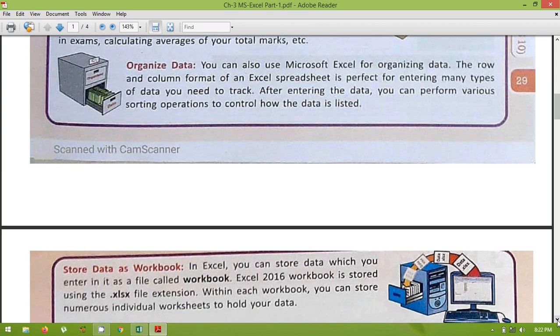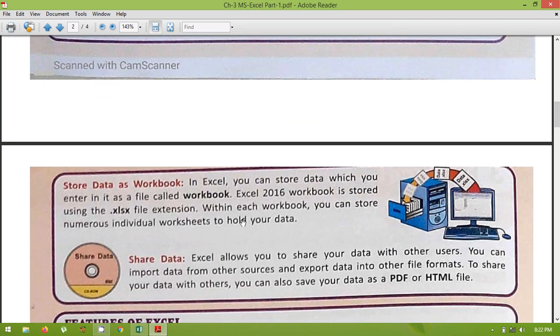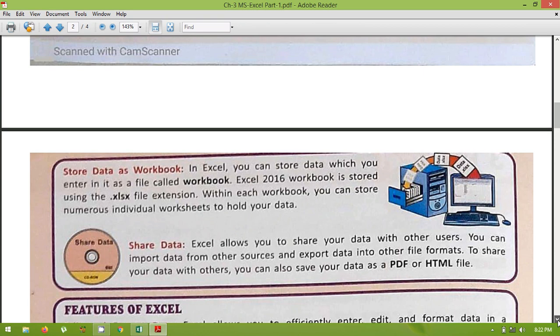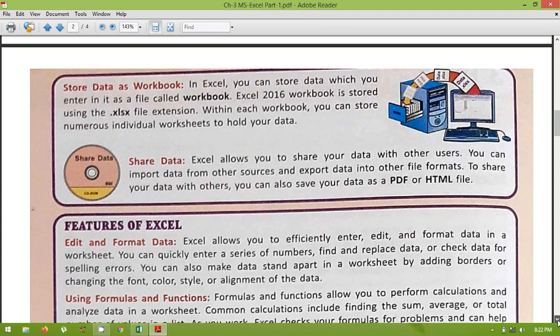Next is store the data as a workbook. It will store your data as a workbook containing different worksheets and having the extension .xlsx. When you save the workbook, it automatically saves with this extension. Share the data: once you are done with your data, you can share it with other users, and you can share other users' data as well.